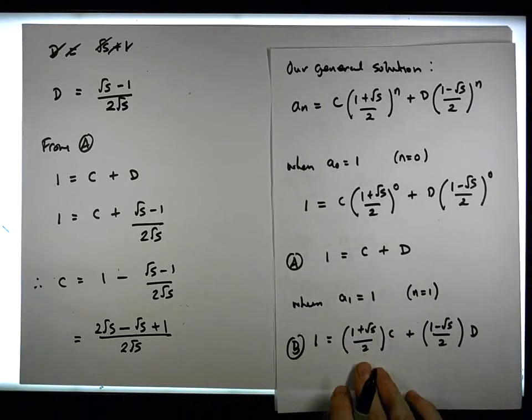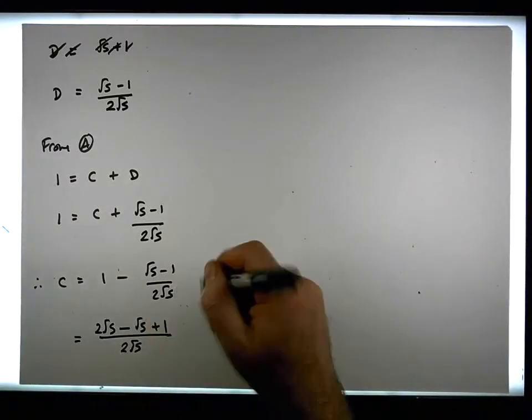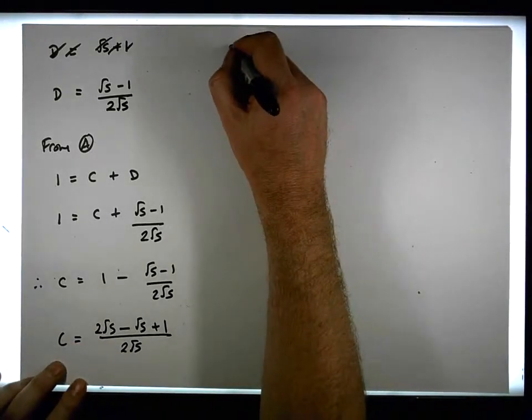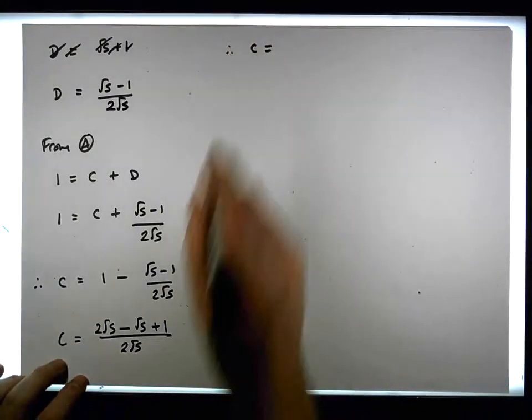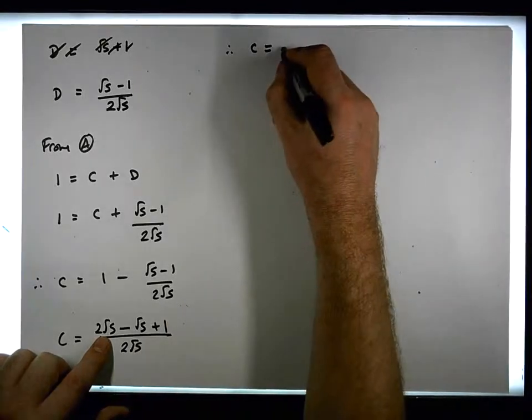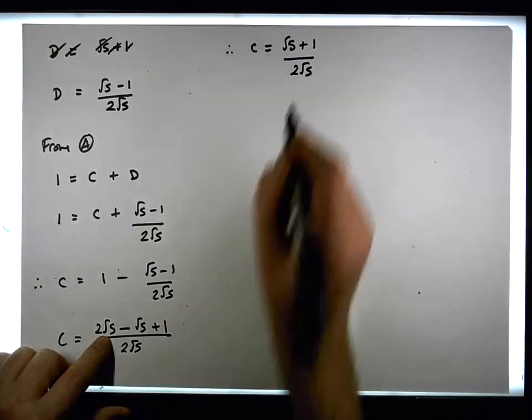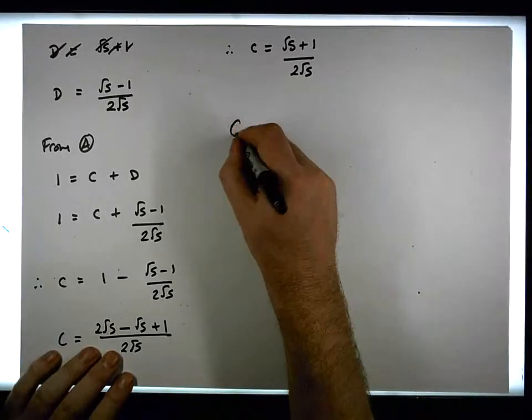Okay, which now gives us a nice value here again. Well, if these can be assumed to be nice, then we have c must be equal to, well, now we end up with root 5 plus 1 over 2 root 5. So now our general solution